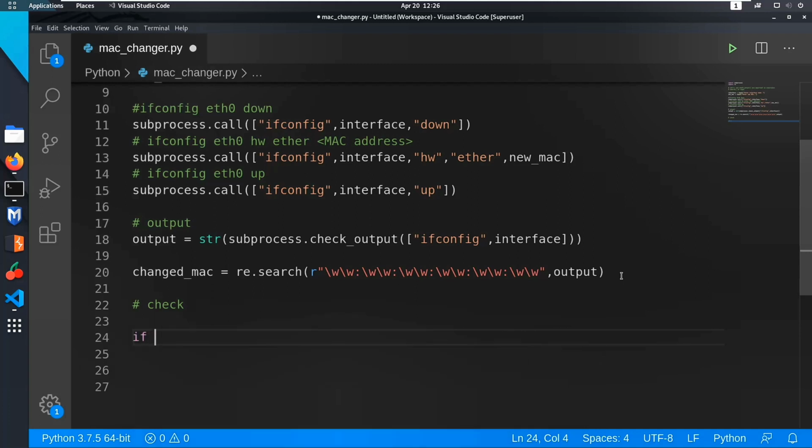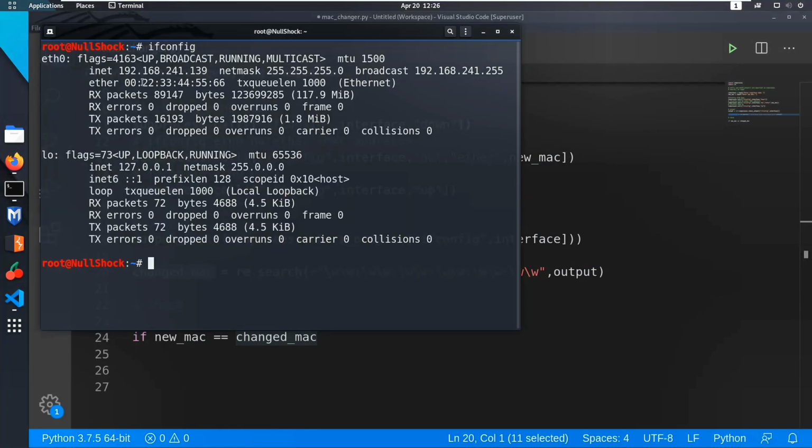So let me type if new MAC equals change MAC, and also this value may consist of two or more values. Like if you just give ifconfig, then you might find either eth0 or lan0 or many things like that.